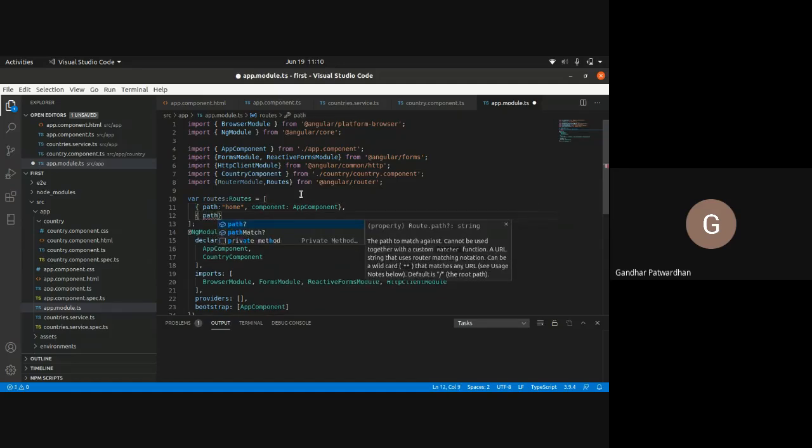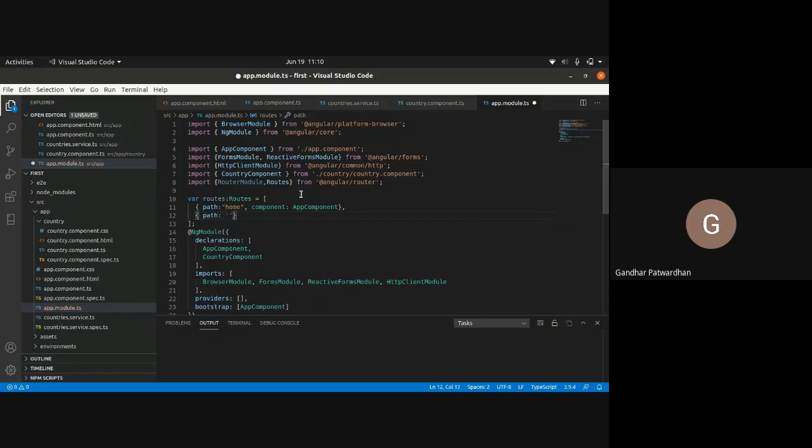Then I'll use the next path. What is my next path? Country, and component, I would use CountryComponent. I'll also have a default path.